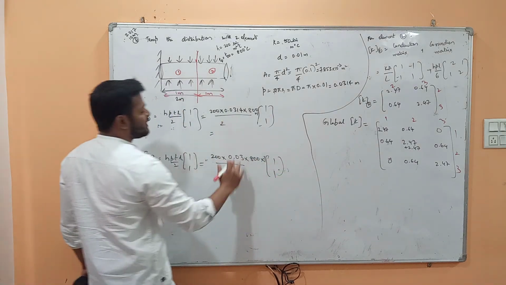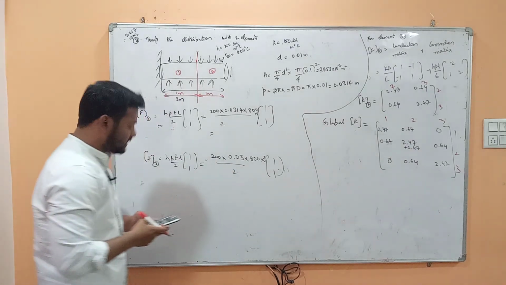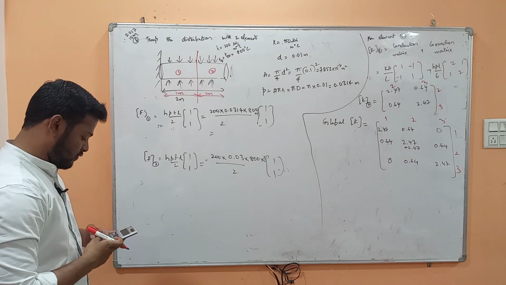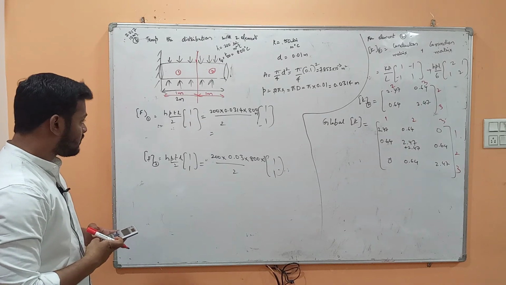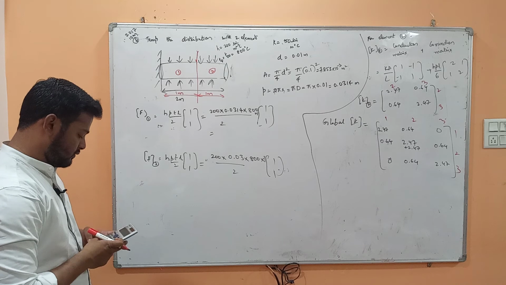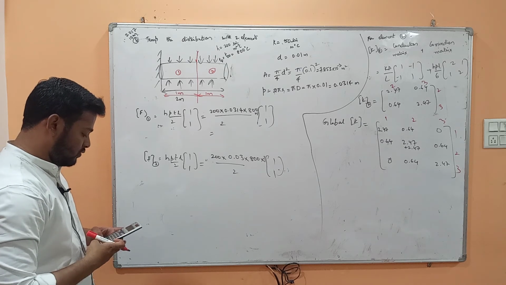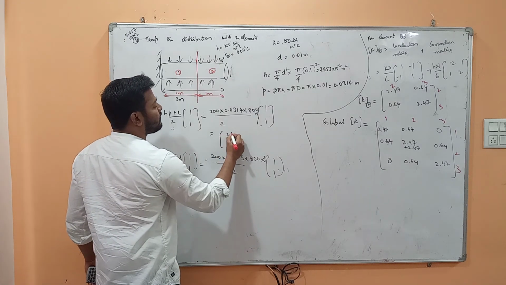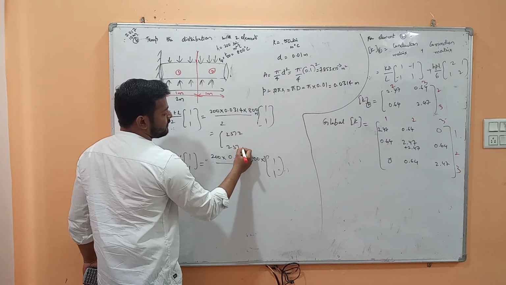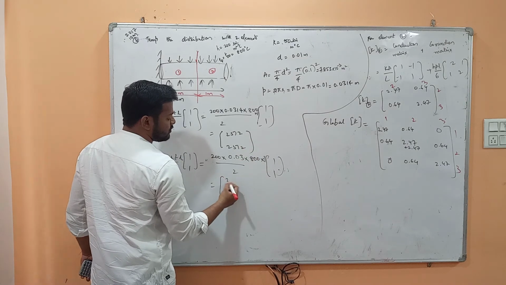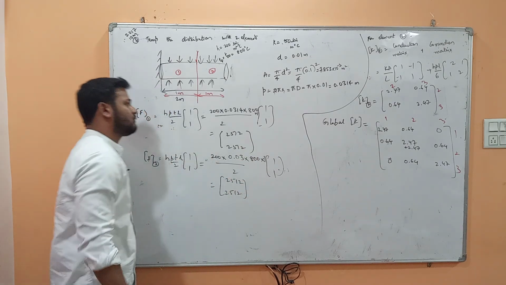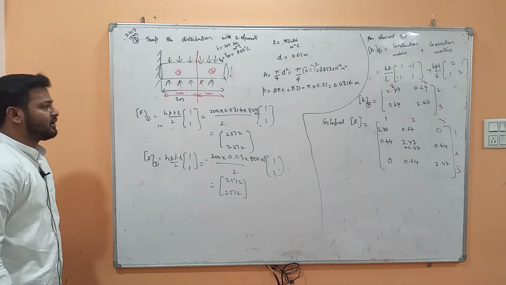So both of these values are same. So we can find out one of these values. So 200 into 0.0314 into 800 divided by 2. So we are getting this as 2512. So 2512. This one is also 2512. Again we have here 2512, 2512. So we got the H matrix.